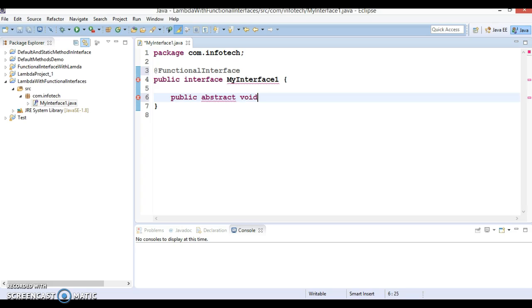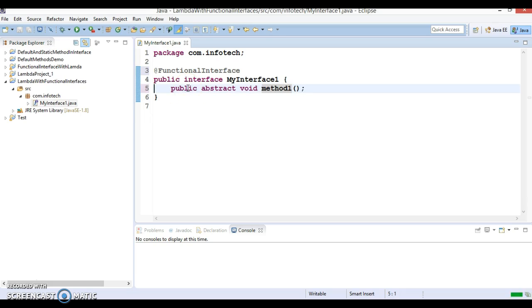Now return type I am going to specify void, and method name I am going to specify method1. So you can look into this method signature. Return type of this method is void, this method name is method1, and this method does not accept any parameter, right? And this is our functional interface.